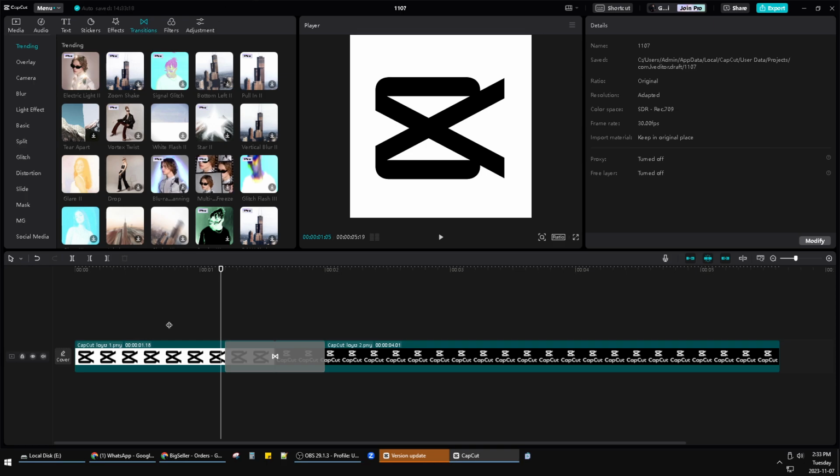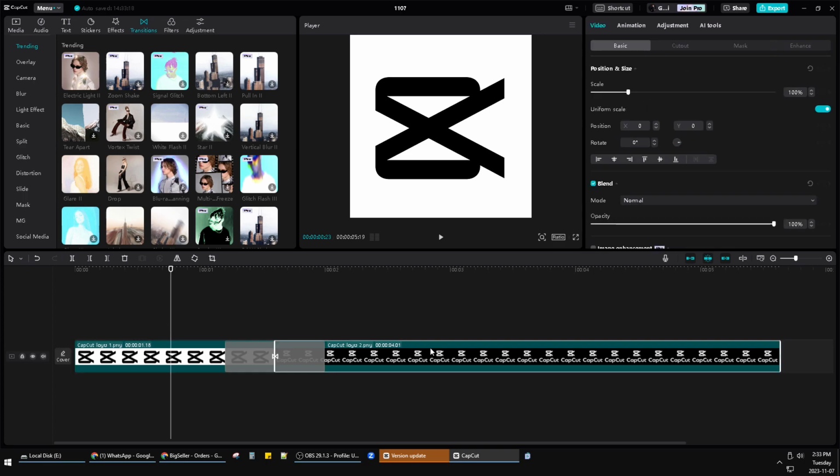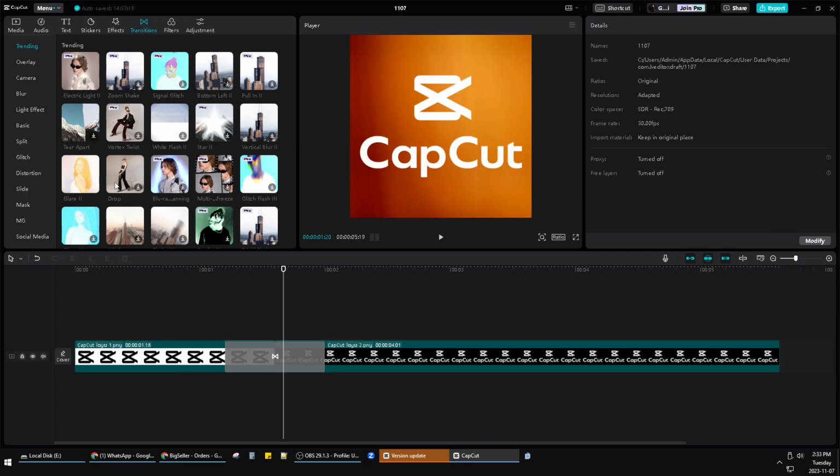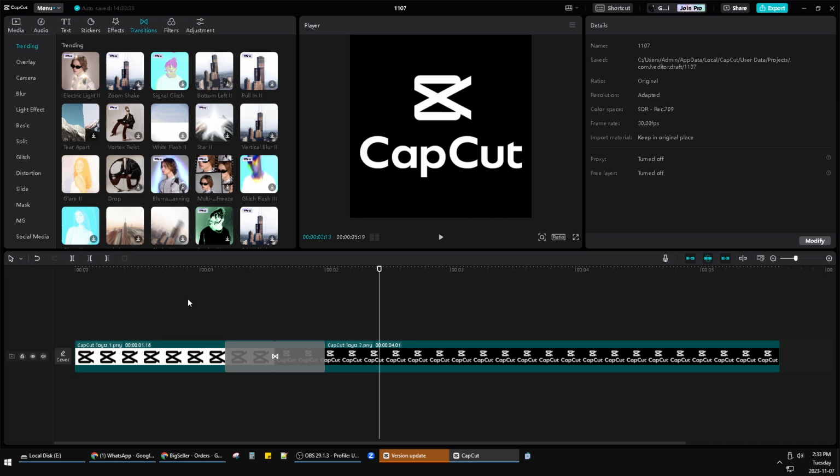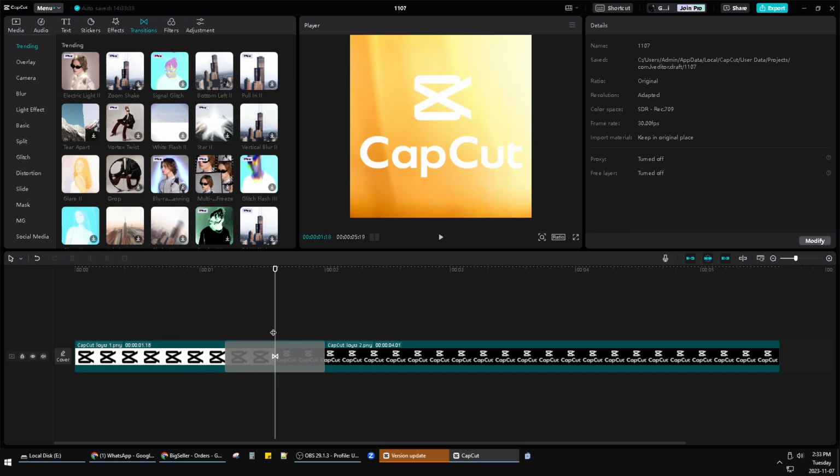What you have to do, for instance, I put these two CapCut logos and then I put a transition. This is the glare through transition, which is like a fire like this. It's really cool, isn't it? And then how to make it only at the beginning. So I don't want this picture or this video, and I just want my video to start from this